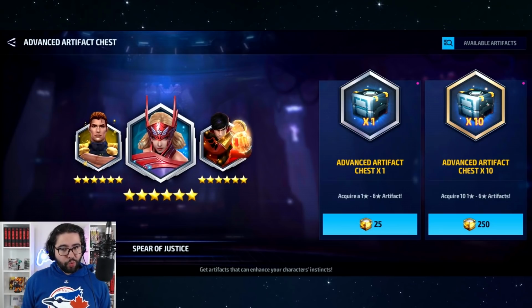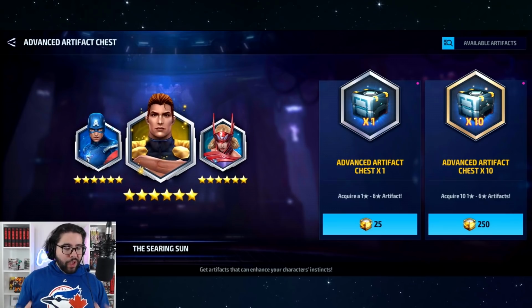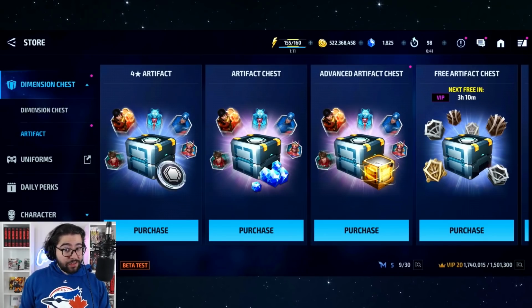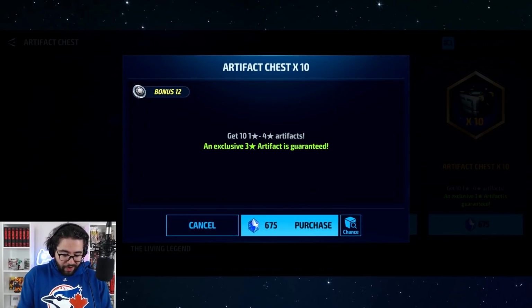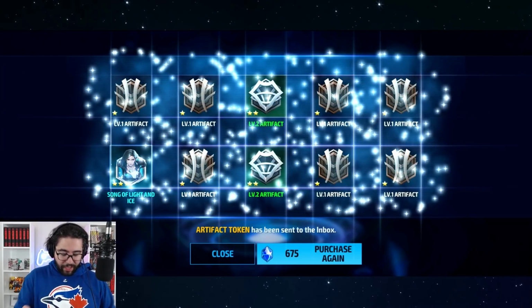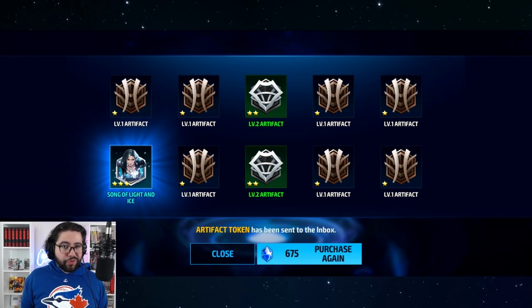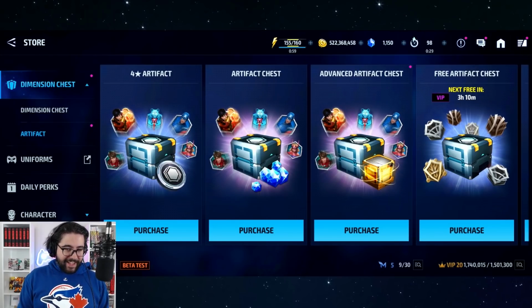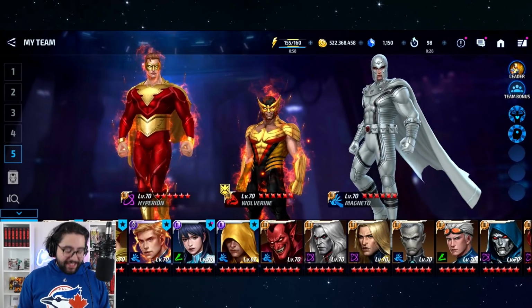It is not geared towards whales. I mean, whales are going to have a little bit of an advantage if they just want to slap on a bunch of 3-star artifacts. Because yeah, I can go in here and farm 3-star artifacts. I can just press this button here and show you guys what the odds look like. Okay, cool. I got some 3-star artifacts. That gives me a little bit of an advantage, but it's not really where